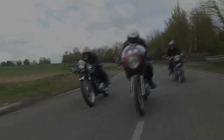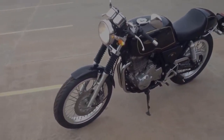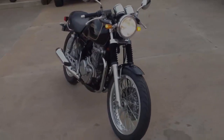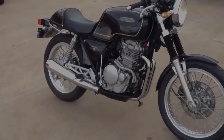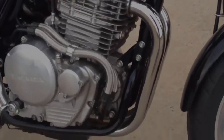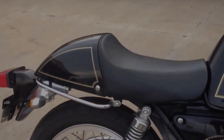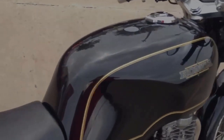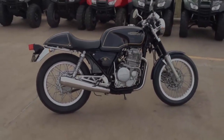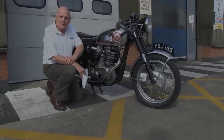Honda GB500. Years produced, 1989–1990, US version. Claimed power, 33 HP at 6,500 RPM, measured, rear wheel. Top speed, 108 miles per hour, period test. Engine type, 498 cubic centimeters air-cooled SOHC 4-valve single. Transmission, 5-speed. Weight, 390 pounds, wet. MPG, 45–60 mpg. Price then/now,